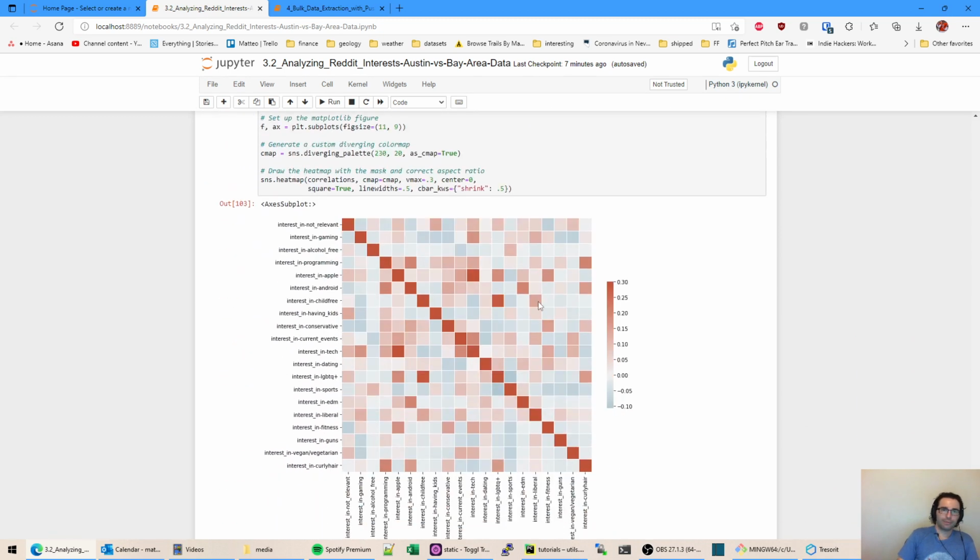All right, and just to show you it's not hard to do, you can create a correlation matrix and plot it. So you can see how people compare with their different interests. Someone who is interested in being conservative probably wouldn't show up high on liberal. How you read these is kind of a pain, but you can see that's a negative correlation. On the right, the bluish color is negative. The strongest correlation is Apple and tech. I think there's some overlap in my categories there.